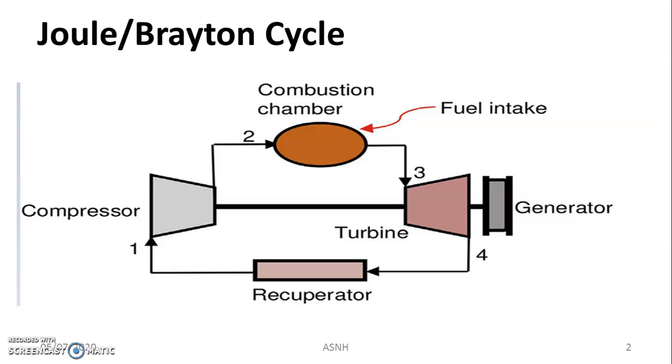So here in the case of the Brayton cycle, whatever gases or air enter the compressor get compressed to a high pressure and high temperature, and then enter the combustion chamber. In the combustion chamber, the fuel is added externally and combustion of the fuel takes place. When this fuel is mixed with the compressed gases or air, combustion takes place and a tremendous amount of heat energy is produced. The same heat energy enters the gas turbine.